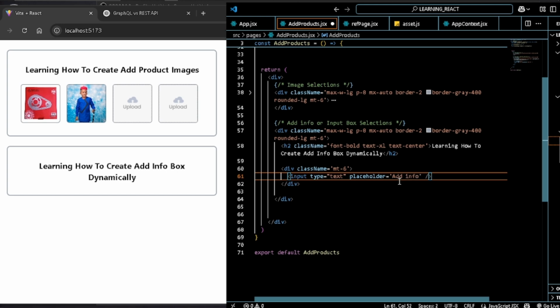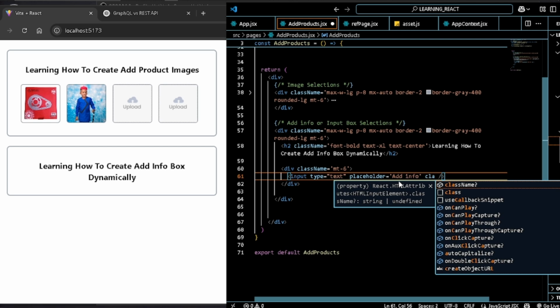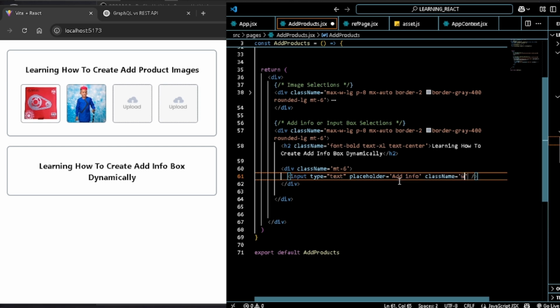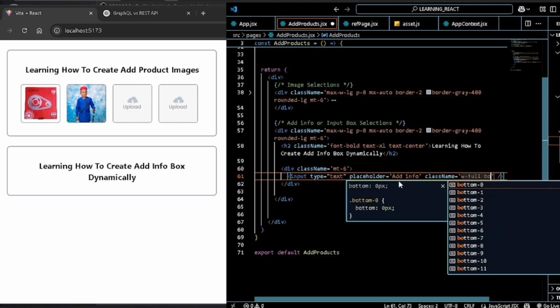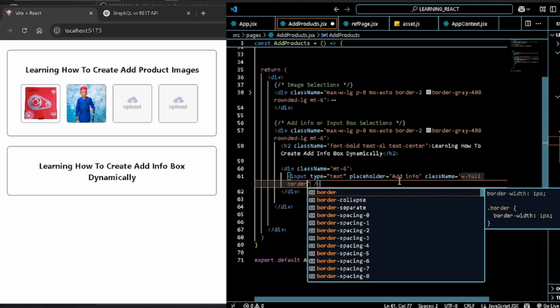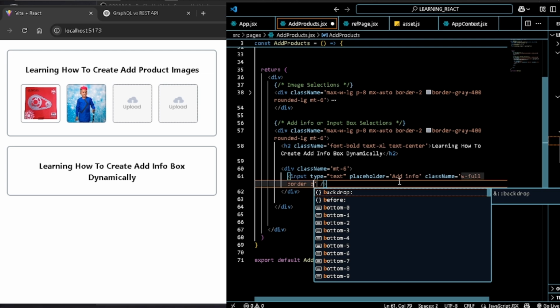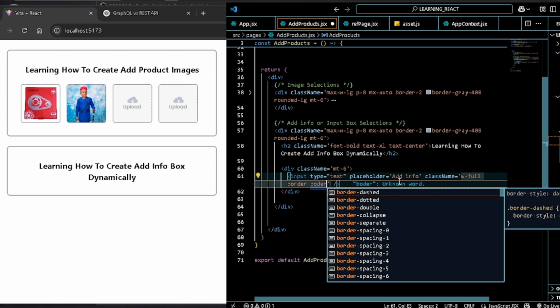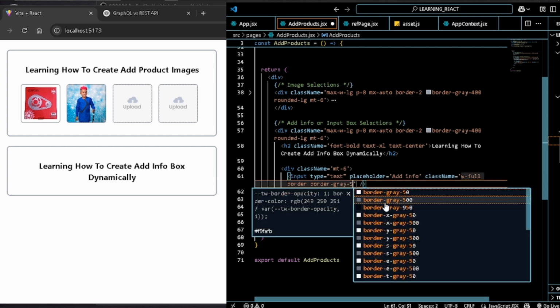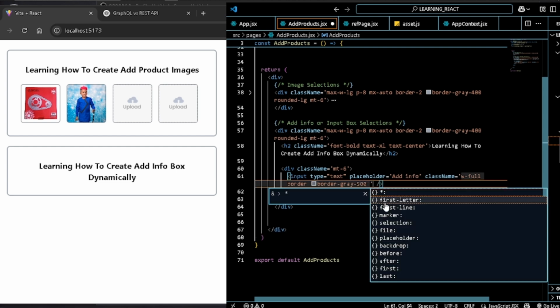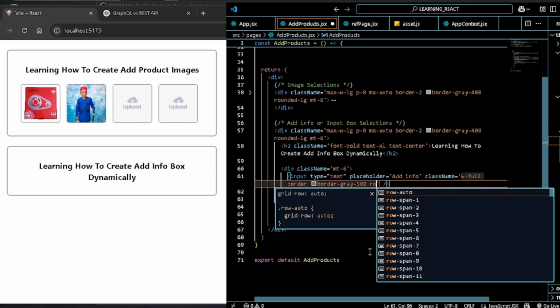And we're going to have a class name, which is going to be w-full and border, and the border color, border-gray-500. And we are going to have rounded